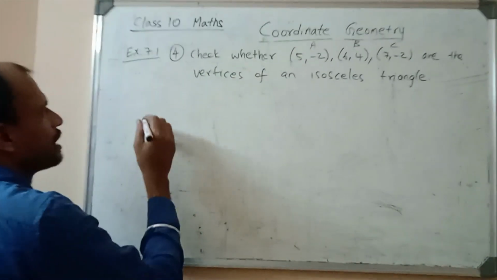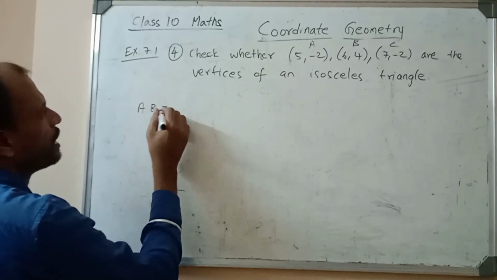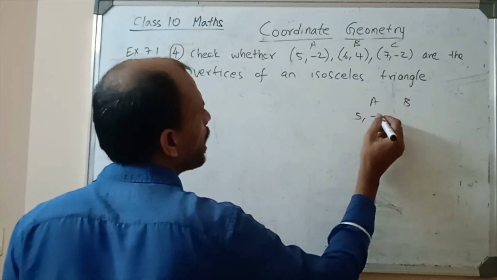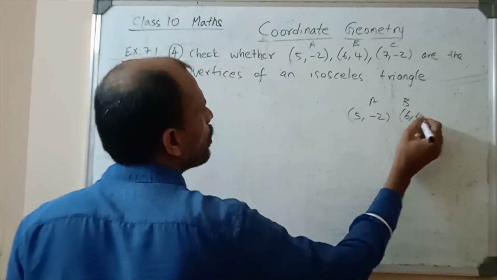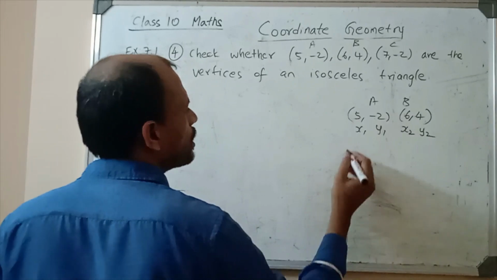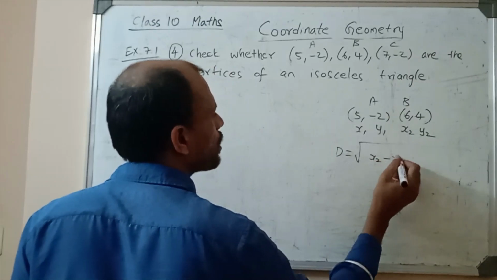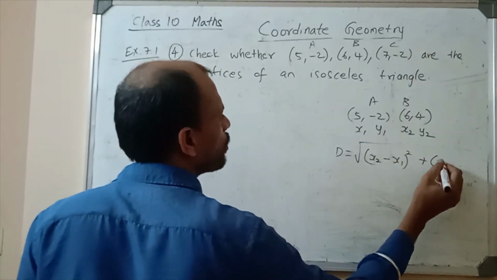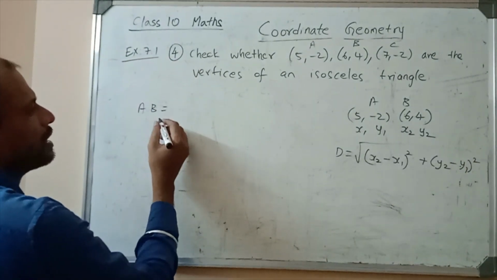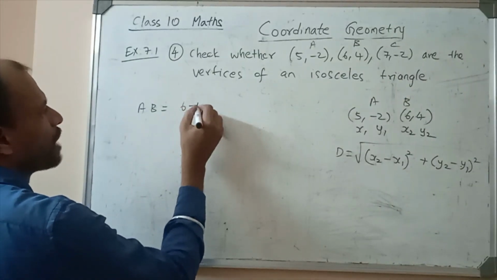Now let us find the distance AB. Using the distance formula only, we can find AB. So AB is equal to, first write, this is A and B: (5, minus 2) and (6, 4). Here x1, y1, here x2, y2. And then the distance formula: D is equal to root over (x2 minus x1) the whole square plus (y2 minus y1) the whole square. Now let us substitute for AB. What is x2? 6. x1 is 5. So 6 minus 5